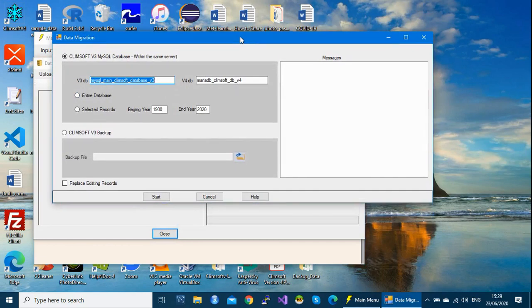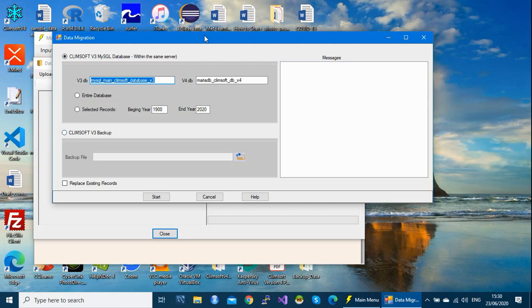So there are two types, as I said. You can do data migration from an SQL file. This is to back up the previous data, the database of earlier versions of CleanSoft. So you back up the entire database. That is an SQL file, or you can decide to back up the files. So this is what we are going to do. The second option, we are going to see how the second option works.